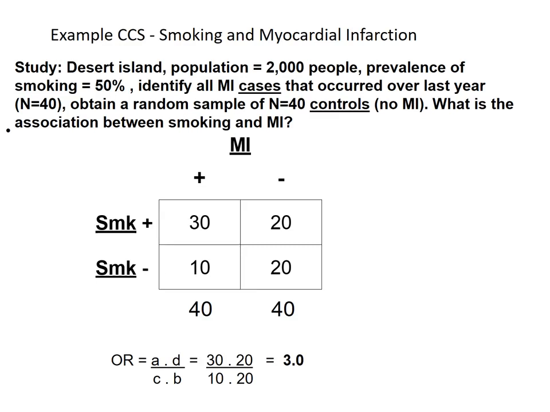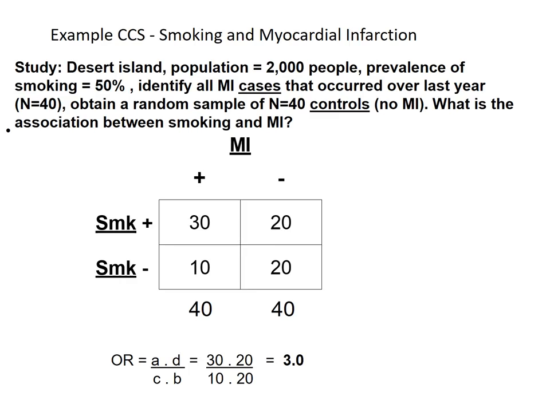If you look at this table, the odds of myocardial infarction occurrence in the smoking group, which is the exposure, is 30 divided by 20, while the odds of MI occurrence in the non-smoking group is 10 divided by 20. If you do cross multiplication, we will have finally